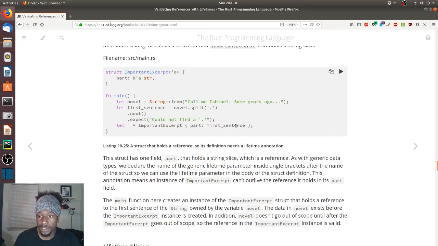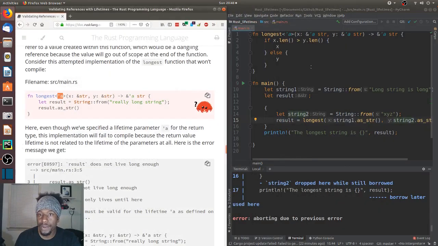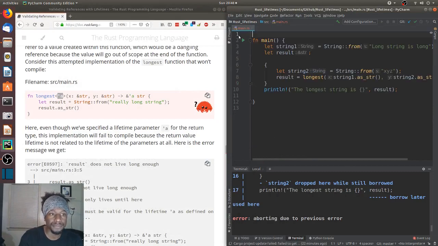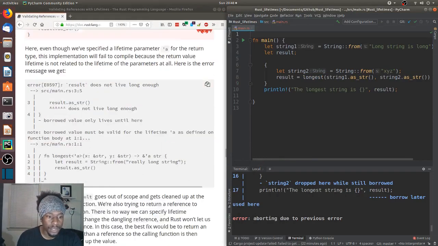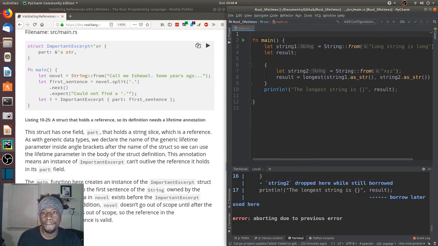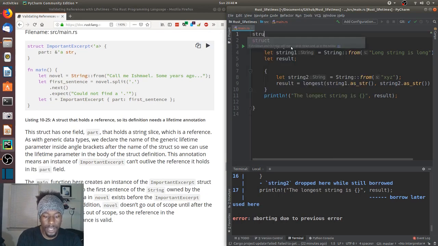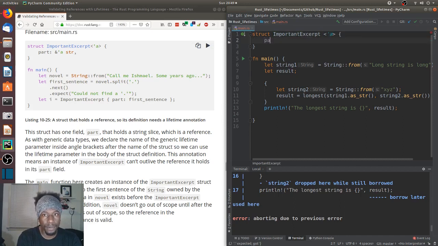So we have some code here. Let me just move this over, bring out our editor again, and write this out real quick. Ooh, where did it go? Down here. All right. We have struct ImportantExcerpt, one word. We give it a lifetime parameter of 'a, and part: &'a str,